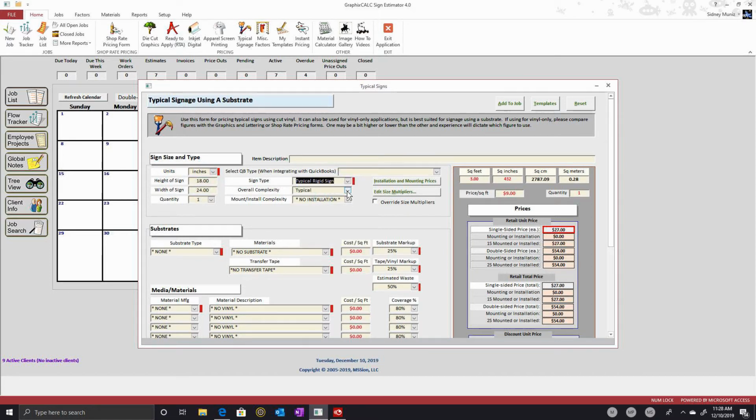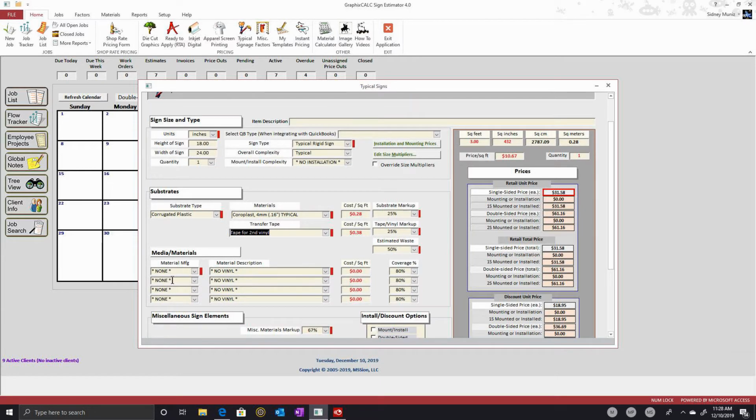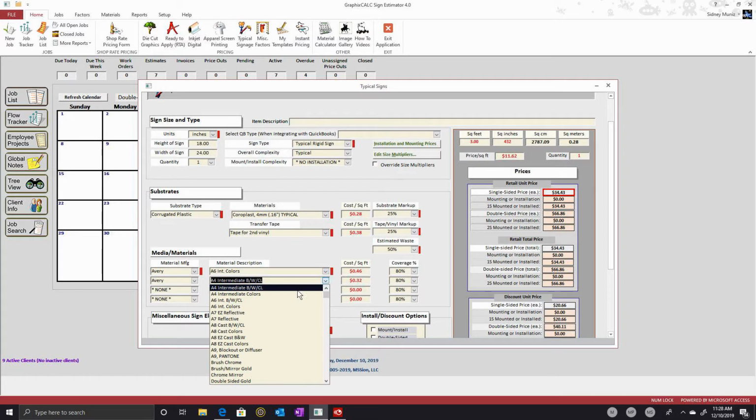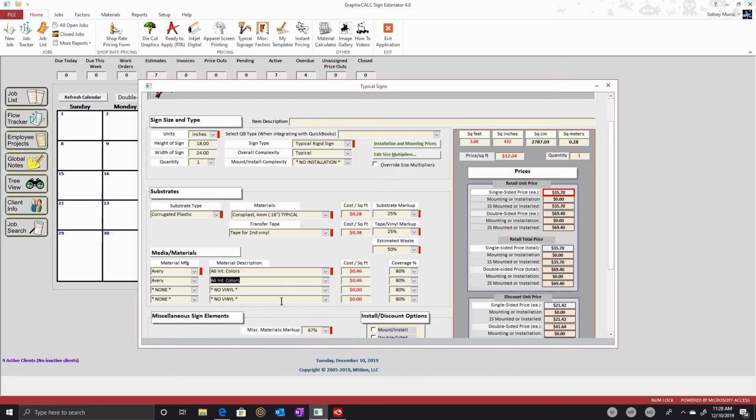It's a typical rigid sign, typical complexity, substrate, coroplast, 0.16. We're going to have 2 colors, so we're going to select tape for 2, second vinyl, and we'll just keep it simple. We'll call it Avery. We'll go A6 series, A6 international colors, and